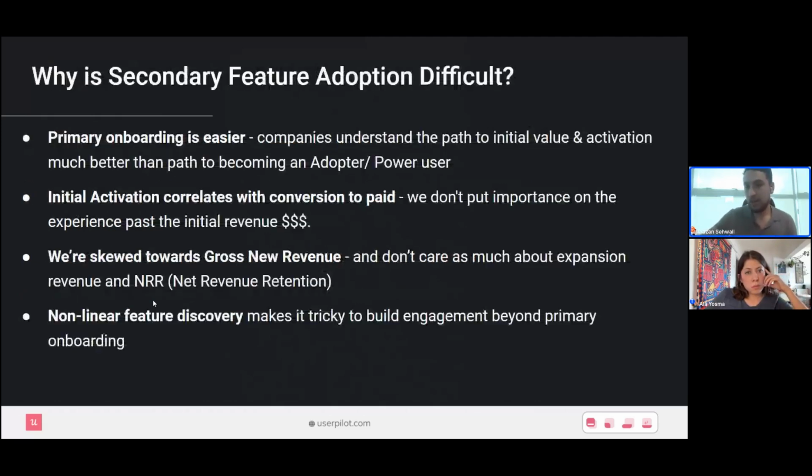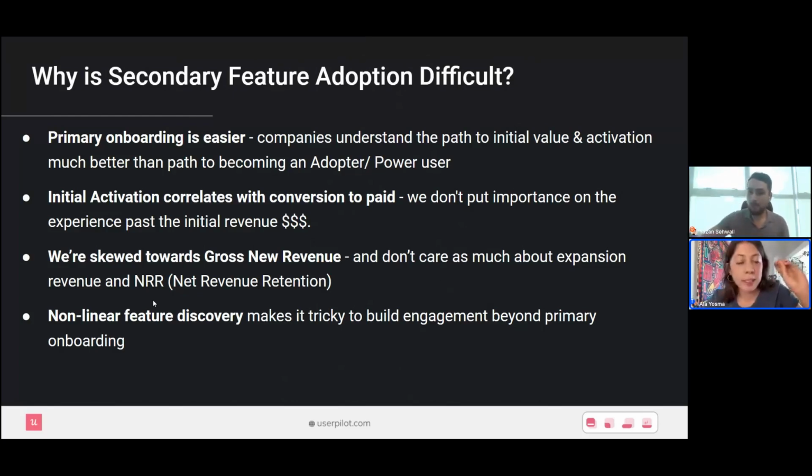Okay, so again, a question that might be asked is, why is this difficult? Why do most companies actually not get this right? So obviously,